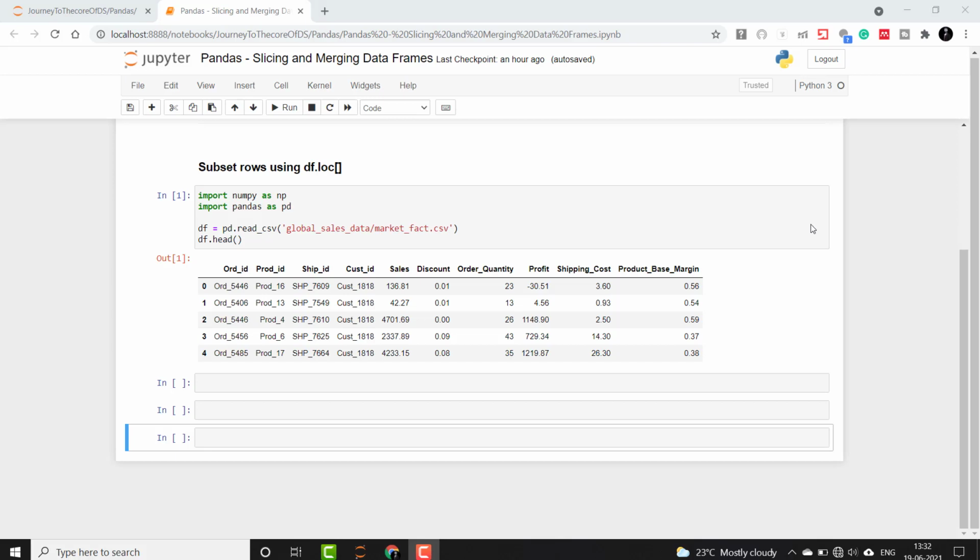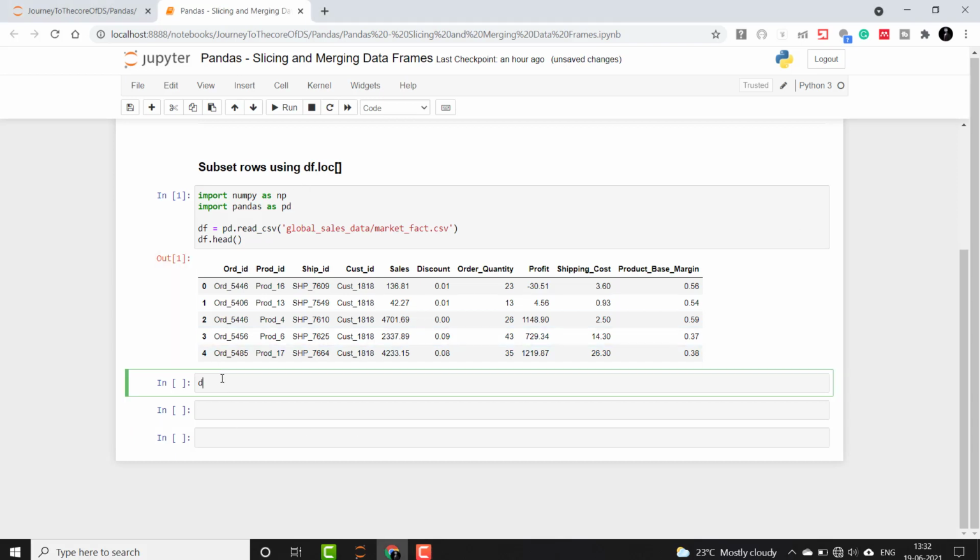Let me print the sales column's 5 row values, which will serve as the original data, and we will put some conditions on it and try to filter rows and see if it works. So I will use this df and say sales and head. I will take 5 values of it.